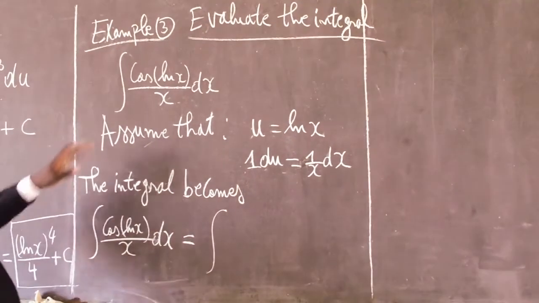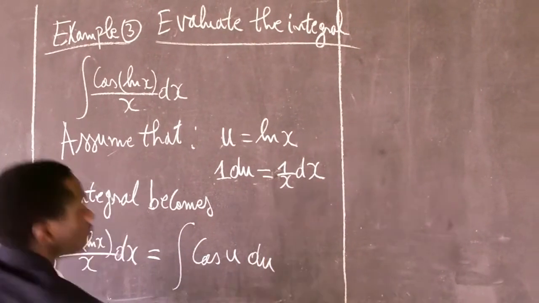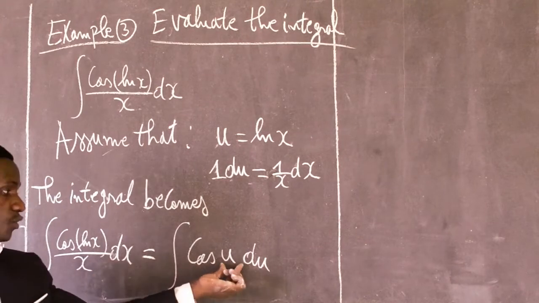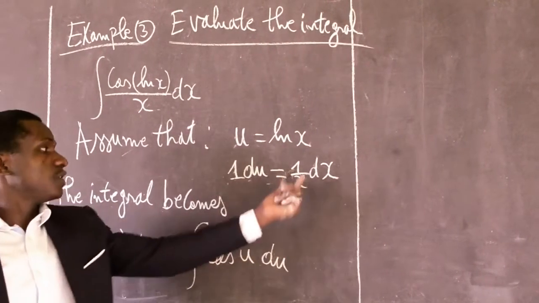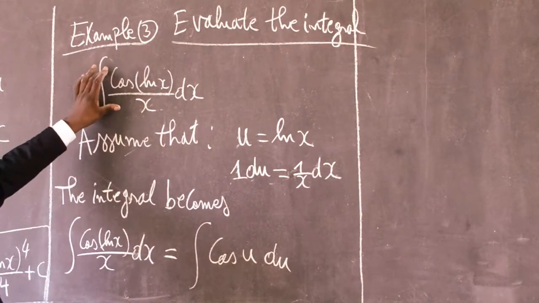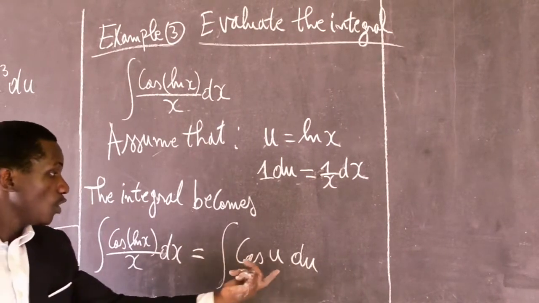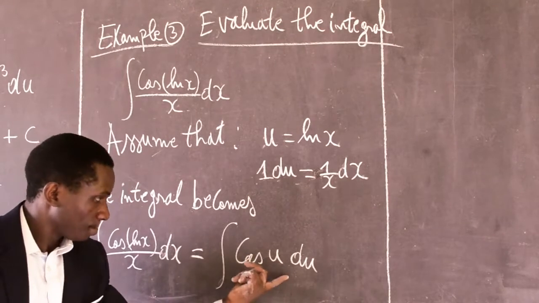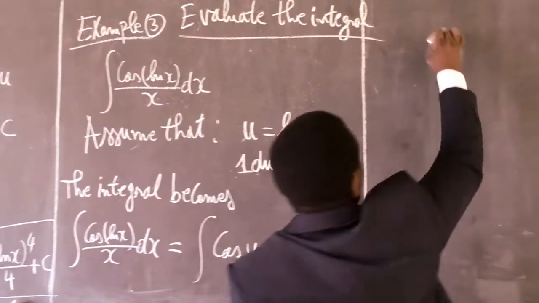to the integration of cosine u du. Because we know that u is ln x. Then du is 1 over x dx. And we have it in our integral. So we may continue by evaluating the integral of cosine u du. Okay, so remember